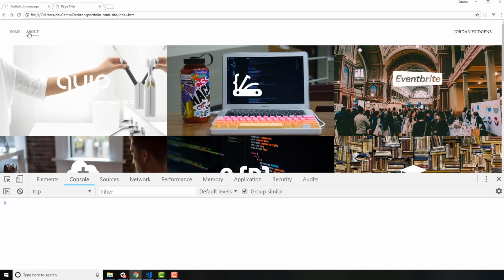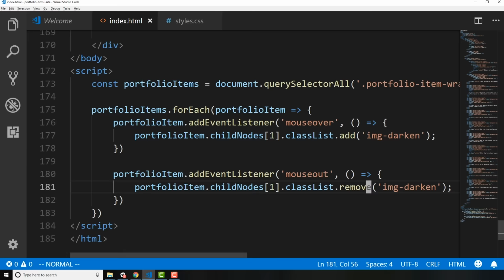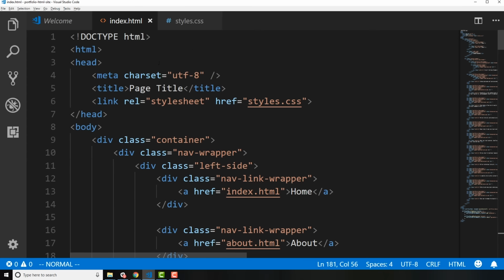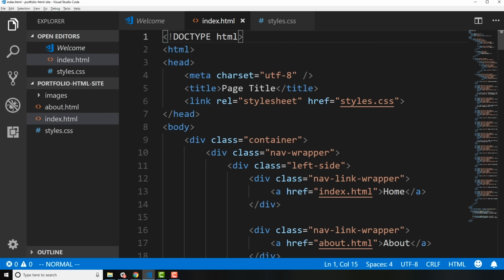Let's switch over to the About page. And now let's jump into the text editor and we're going to actually build this out. Now, as you may have noticed, we have a lot of content here, and with the way that just vanilla HTML CSS sites work is, in order to get this on the other page, we're actually going to have to copy and paste this. Now, if you are working on a larger application that uses a framework such as Ruby on Rails or React or Vue or something like that, then what you'll see is that you don't have to copy and paste this. You simply will have one shared layout or multiple layouts for the application, and then you will dynamically update the content inside of it. So this isn't something you'd have to do if you're working with a framework,